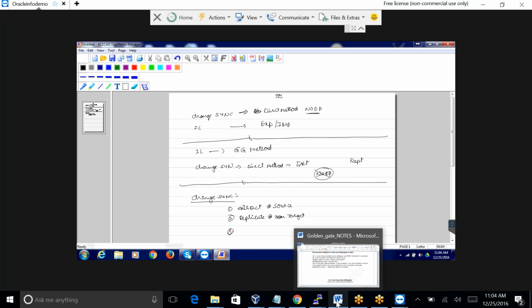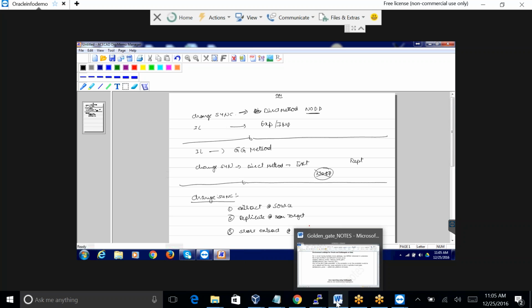Okay, and then what we did was we started the extract. So what happens is that once you complete these three steps,